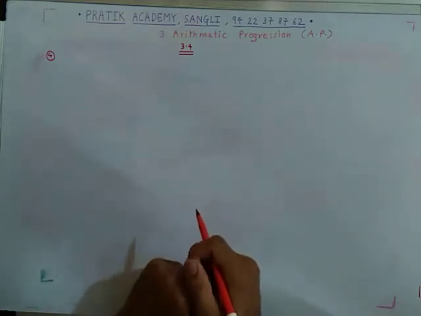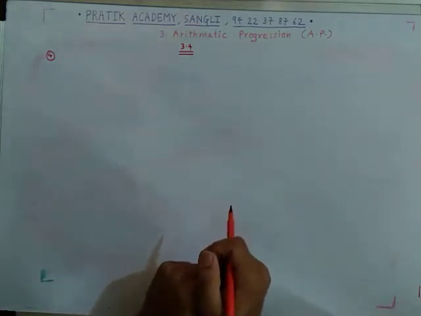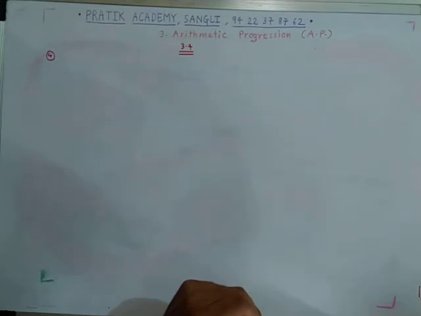The problem is: there is an auditorium with 27 rows of seats. There are 20 seats in the first row, 22 seats in the second row, 24 seats in the third row, and so on. Find the number of seats in the 15th row and also find how many total seats there are in the auditorium.